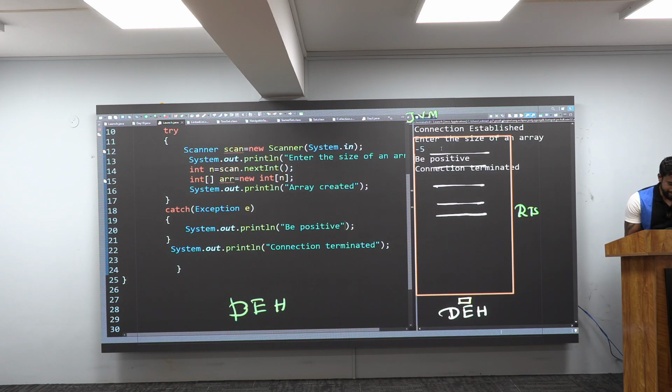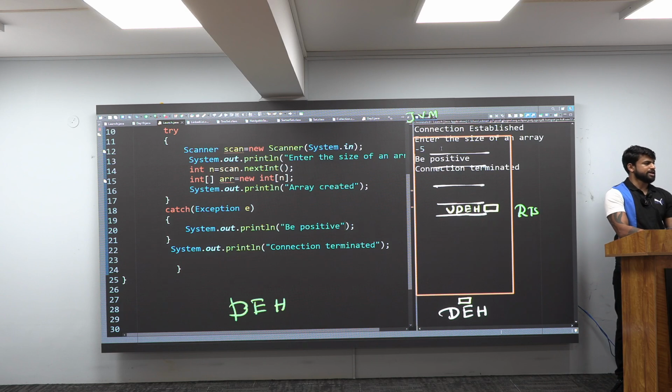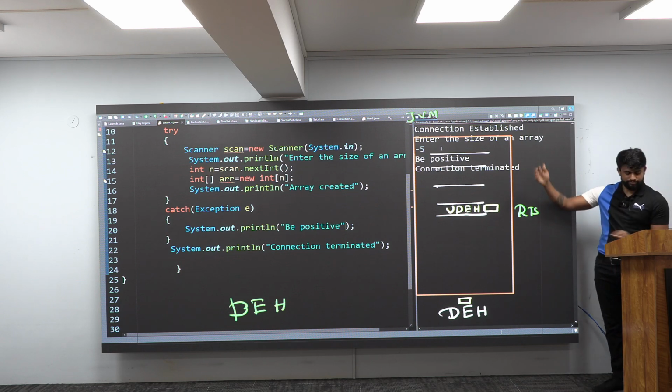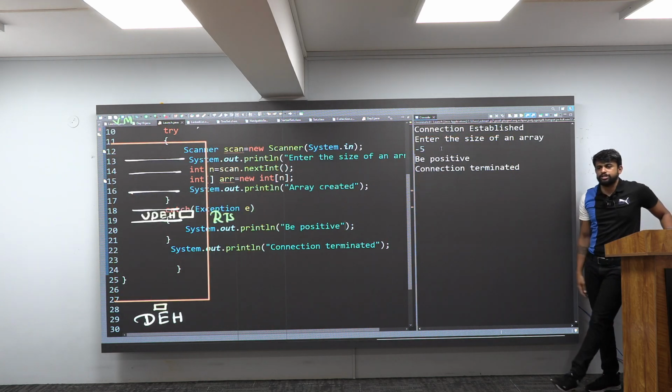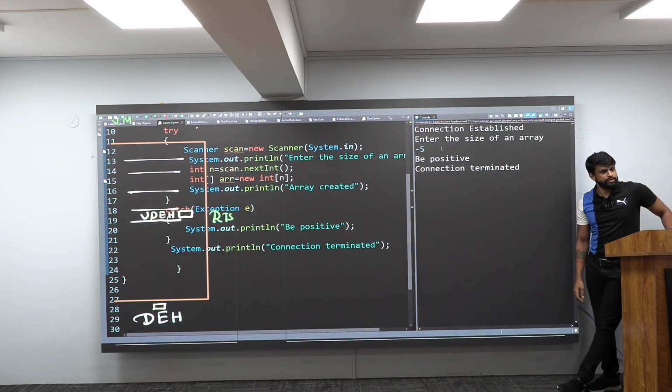You had a try-catch in your program, and an exception got created. This exception immediately came out to the runtime system, and it looks for a handler. Do you have one? Yes. So it will be caught by the catch. Be positive, and the connection is terminated. Got this, all of you?